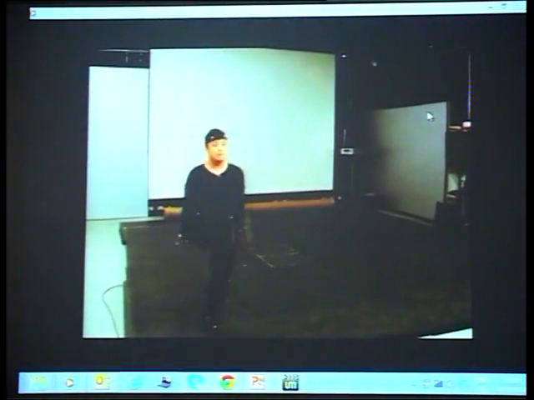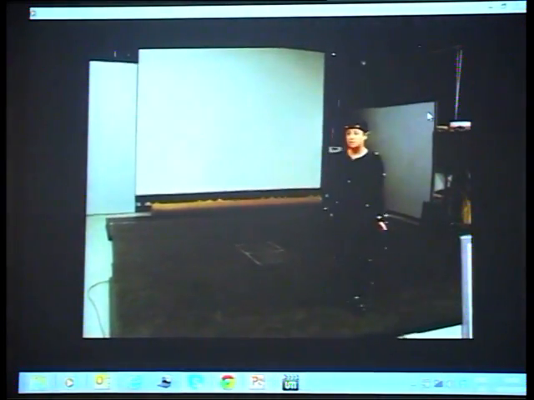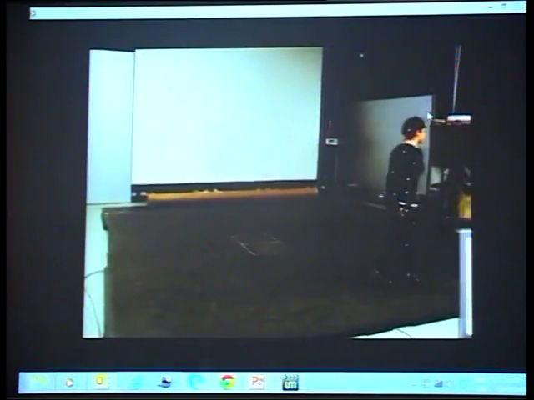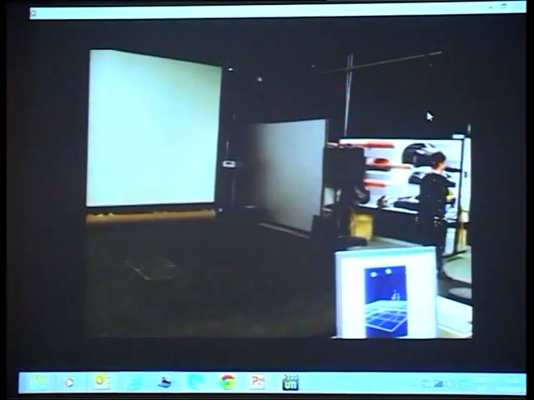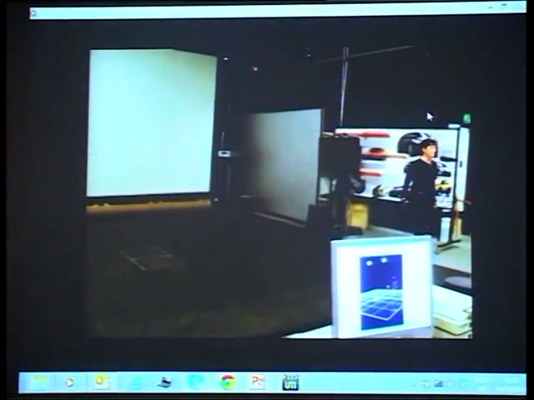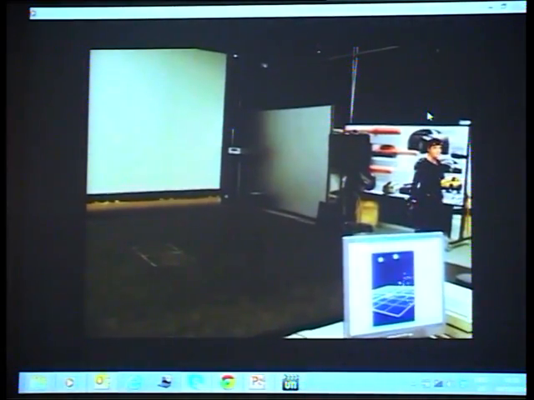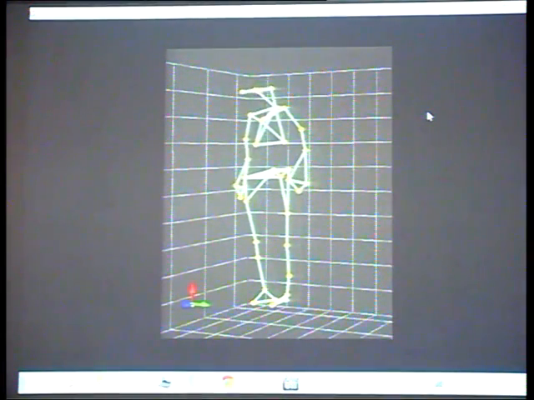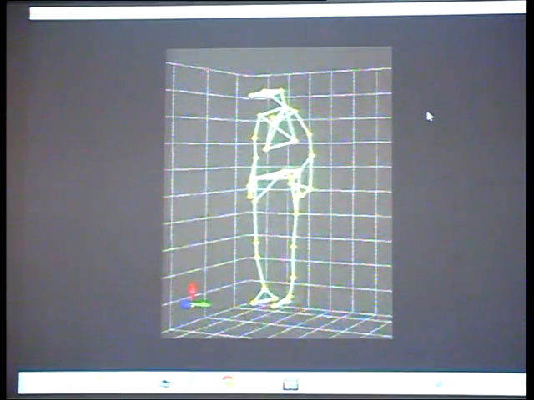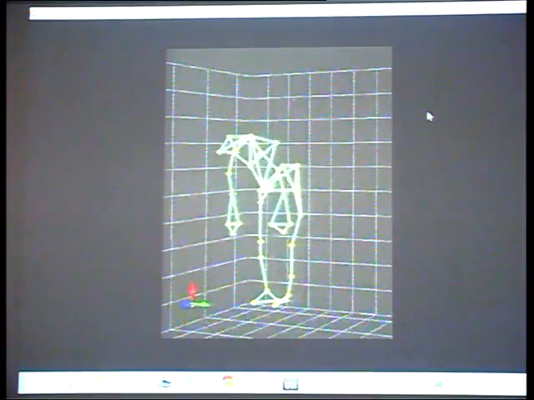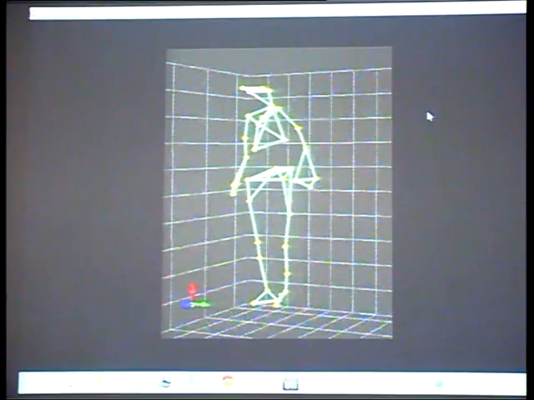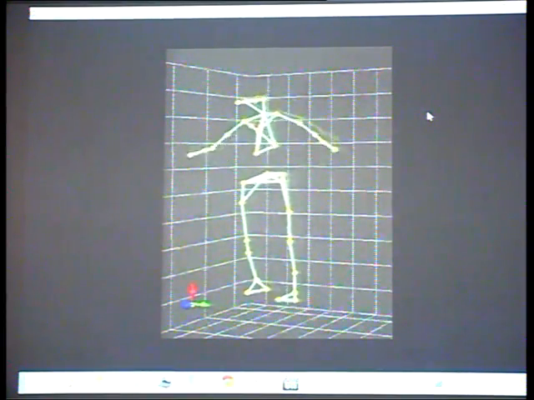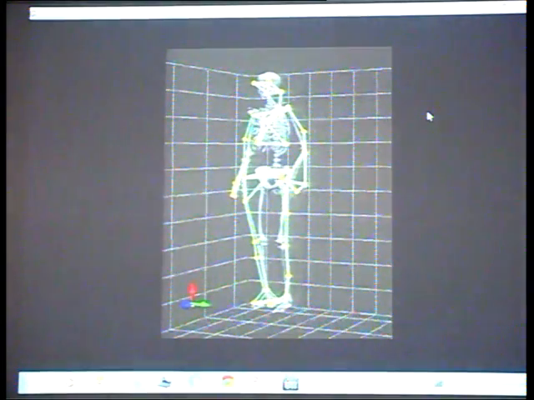We then ask the subject to undertake the motion that we want to measure in 3 dimensions. The cameras don't actually see the subject at all. All they see are the markers that are attached to the subject. They're not actually photographing the image, they're actually measuring the locations of those markers. Those markers are shown in this animation as little yellow dots that have been connected